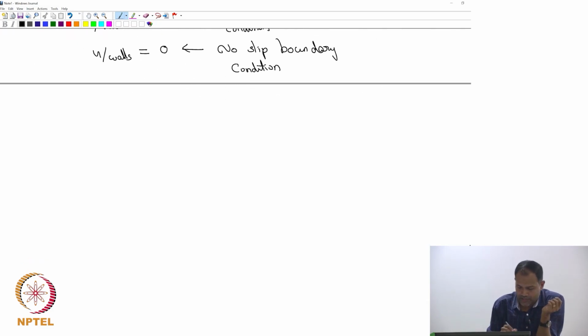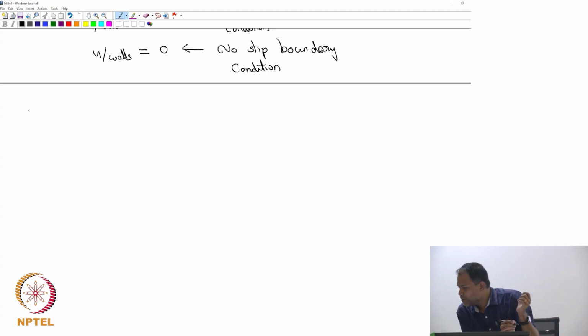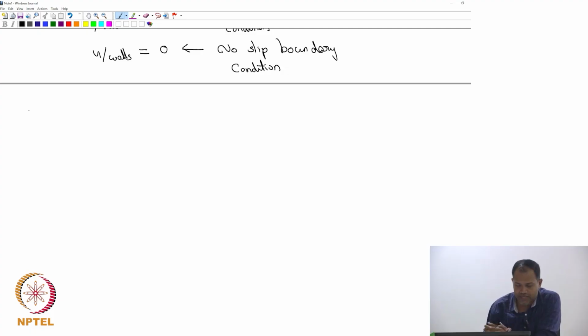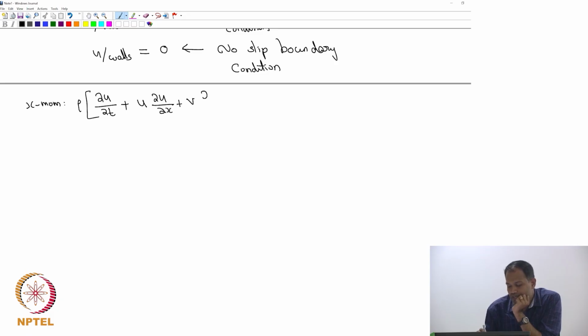So, we are going to write what you call x momentum and y momentum equations, right. So, x momentum equation is rho into dou u by dou t plus, I will write it down in 2 dimensions, u dou u by dou x plus V dou u by dou y is equal to